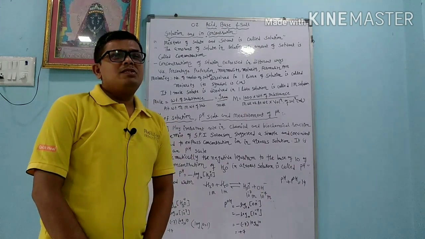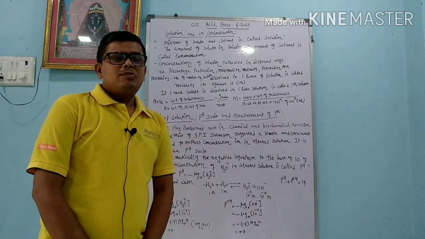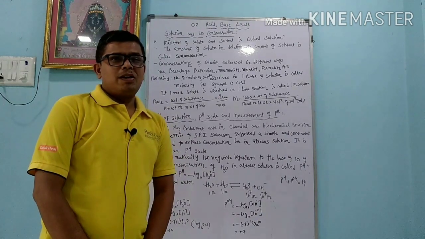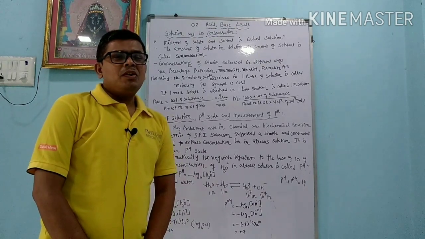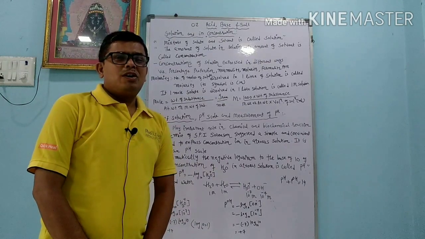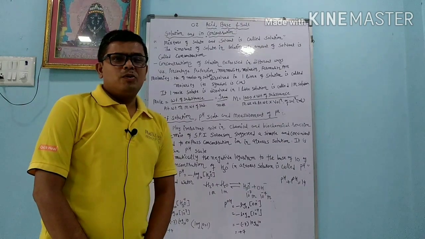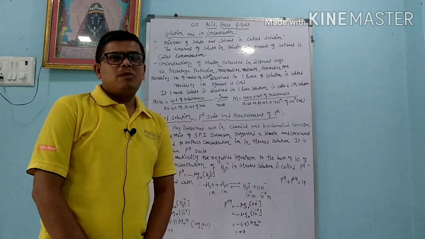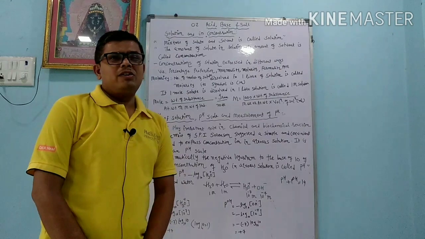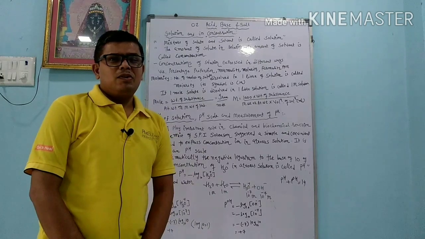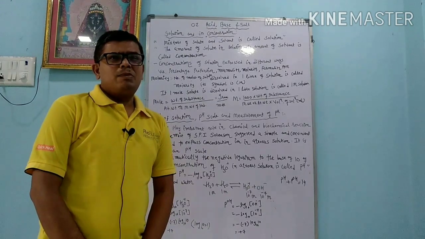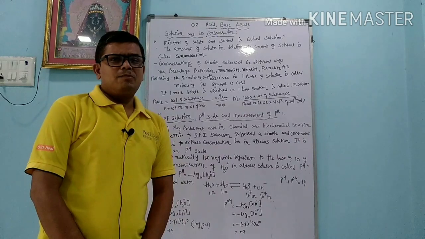Same way, whenever we see anything by the microscope, its value is very small, like 10 raised to minus 3, 10 raised to minus 6, and whenever we require the calculation, the values become very small, like 0.000 something. So to convert into the simple form, we have to apply the log. Whenever we apply the log on 10 raised to minus 7, it is converted into minus 7. Or 10 raised to minus 5, whenever we apply the log, it is converted into minus 5.